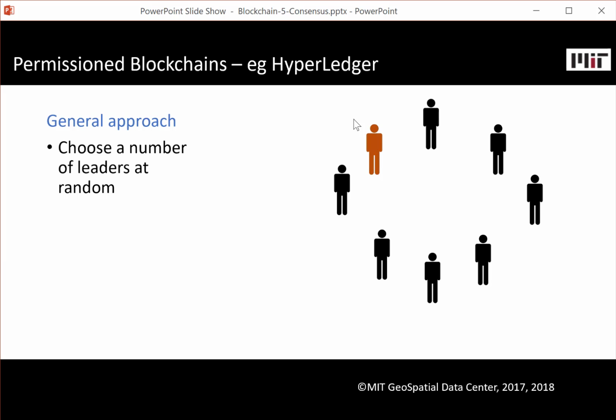But in general, what we want to do is, out of the nodes in a network, for example, say an Ethereum network, we choose a number of leader nodes, and we can do this based on how much stake they have, how much ether they have, for example, which would be proof of stake, or by some other means. But here, let's just assume these are all equal participants, weighted equally. We can extend it to different weights quite easily. So now we've got a number of leaders.